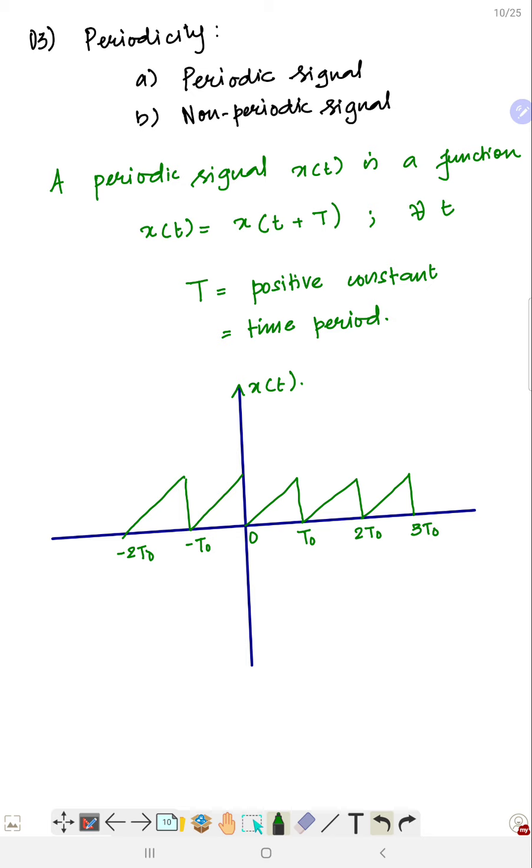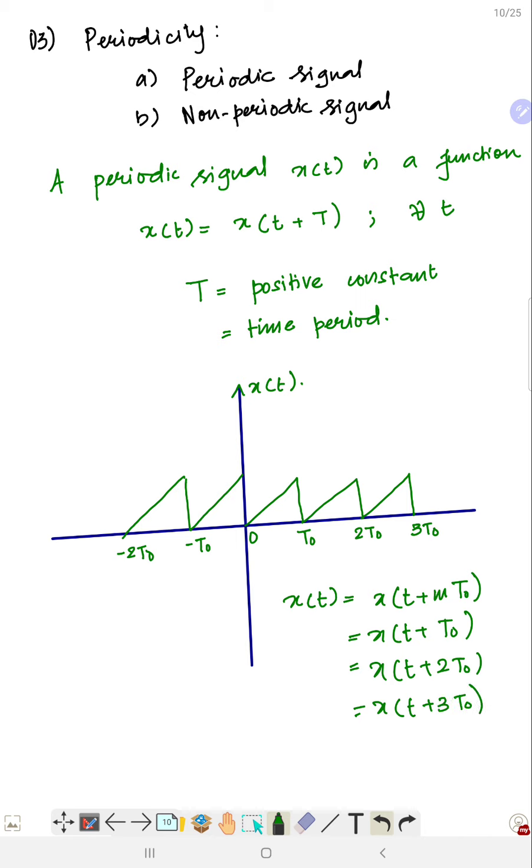So I can put a general relation for this, that x of t is equivalent to x of t plus m T naught, where m is an integer. Like I can have x of t plus T naught, which is true. I can again have x of t plus 2T naught, which is again true. I can then have x of t plus 3T naught, which is again true. So the signal repeats itself after T naught, after 2T naught, after 3T naught. And